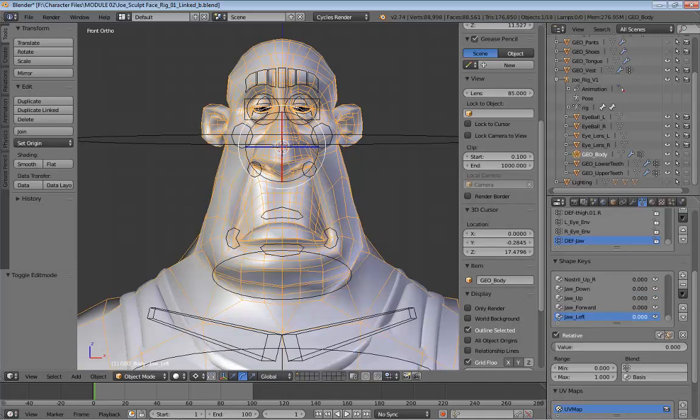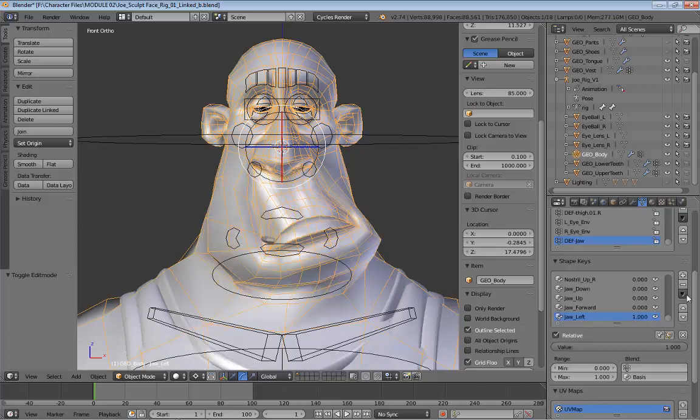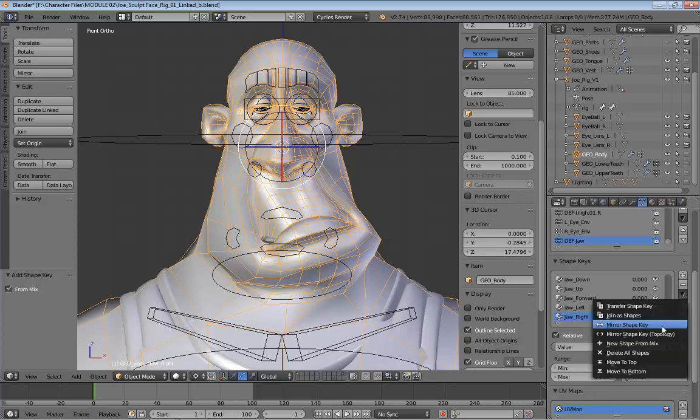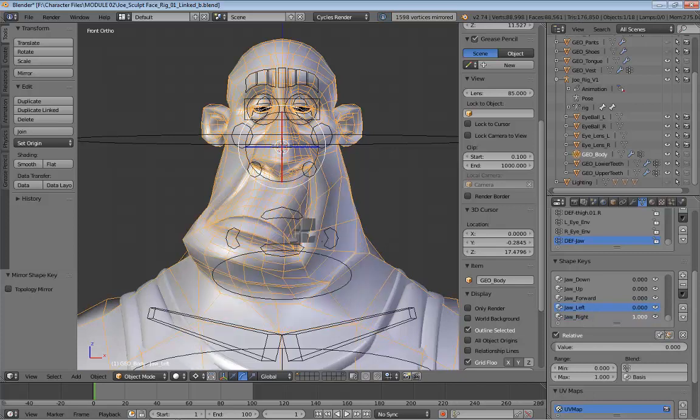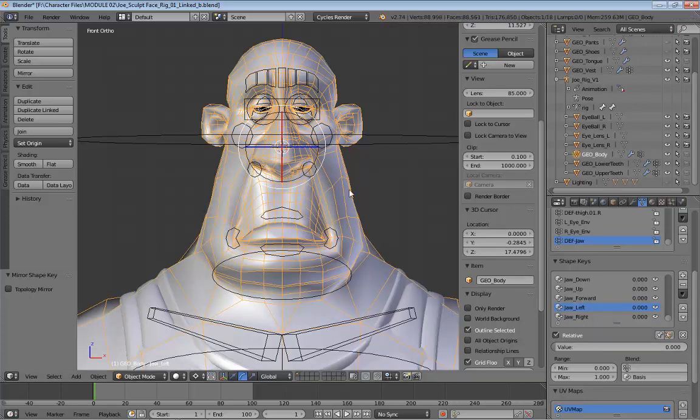Okay, and then to get a mirror of it, either you can do the same thing for the right, otherwise you can just turn that on, say new shape from mix, and that to jaw right, and just say flip it. So if your mirror shape key doesn't work, then you just need to go and rebuild it the other way. Okay, so having done that, okay, what we can do now,